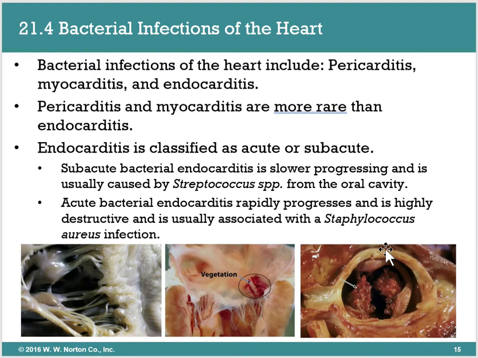This is very, very quick. It's very, very destructive to the heart, and that is normally associated with Staph aureus infections. This is an actual image after an autopsy was done. So this is vegetation within your heart. You do not want that. And then as well as this. So this is inside your heart. I believe it's on the valve, if I remember correctly.